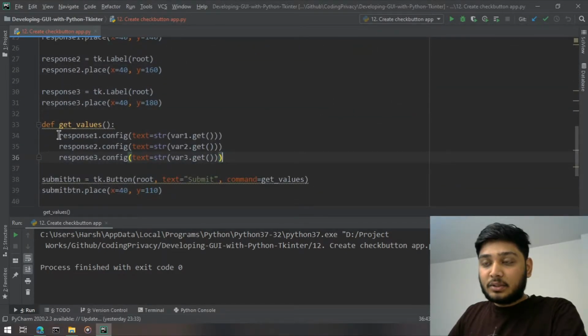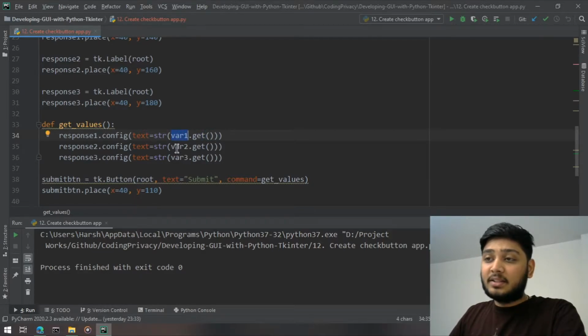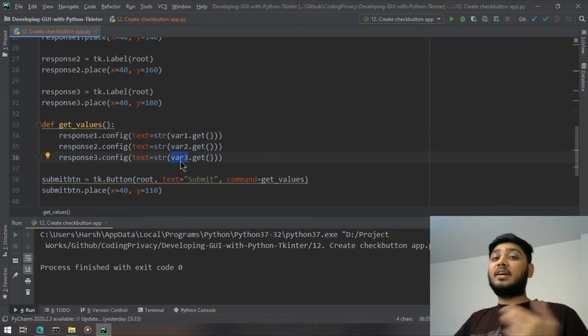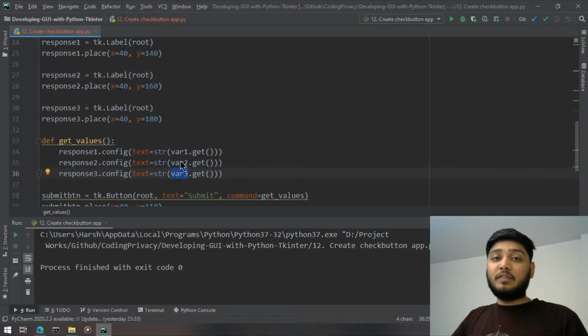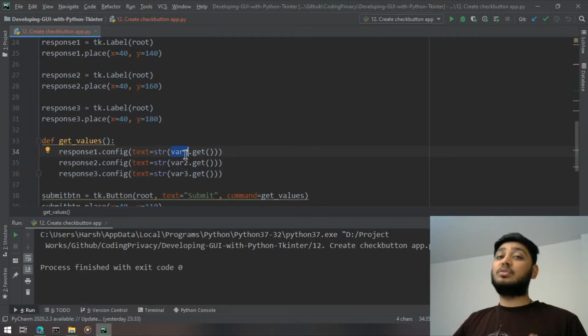What we are doing here is taking the value from variable 1, variable 2, and variable 3, which are associated with each of the check buttons. But in a huge application, I won't be able to remember whether variable 1 is associated with check button 1 or not, right?